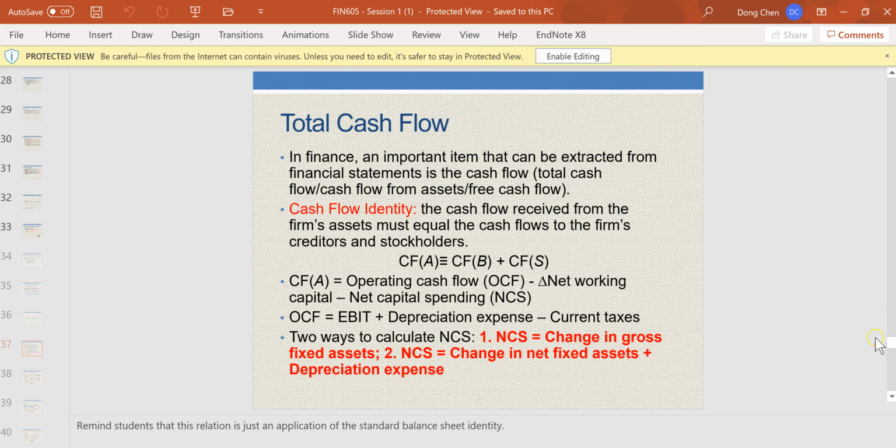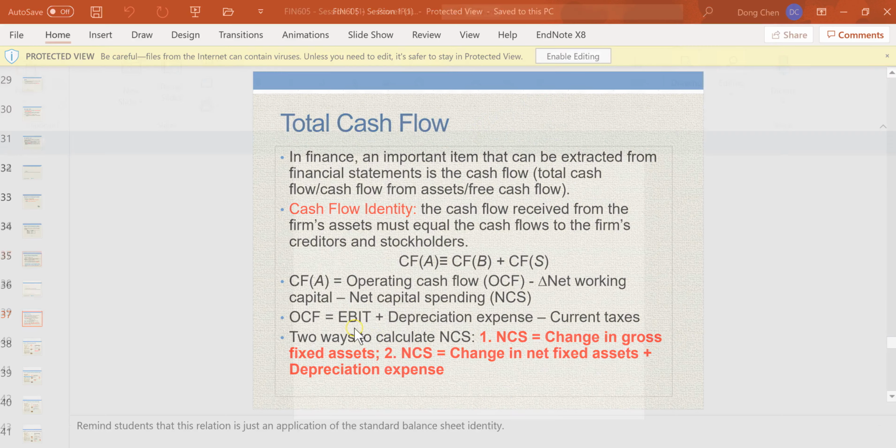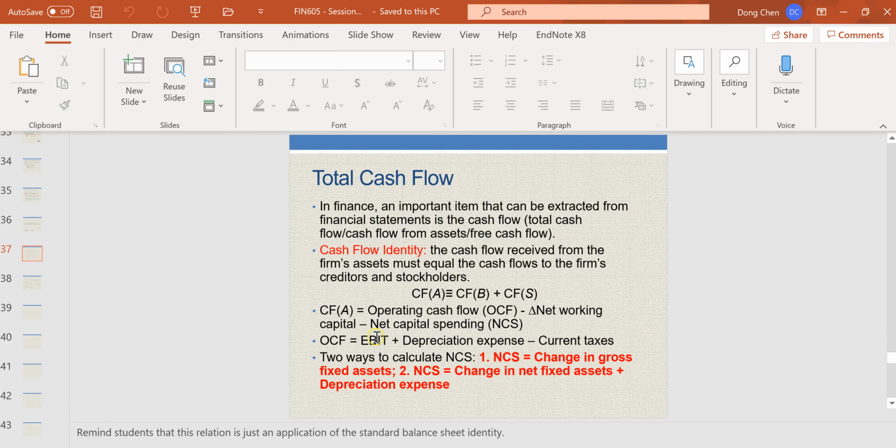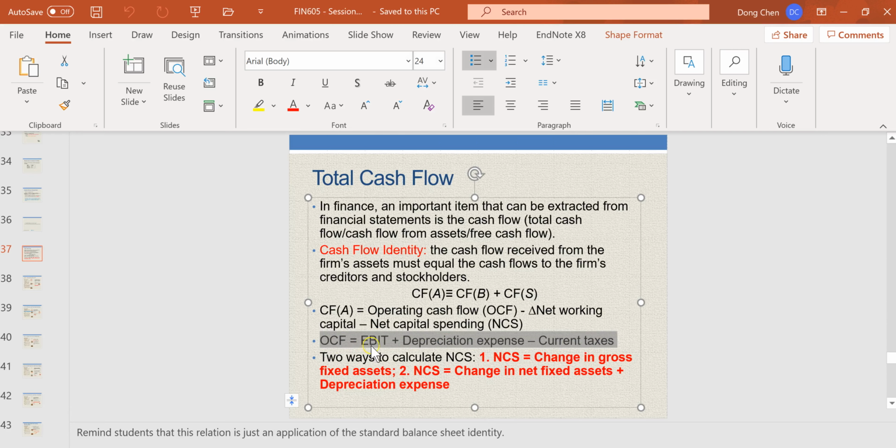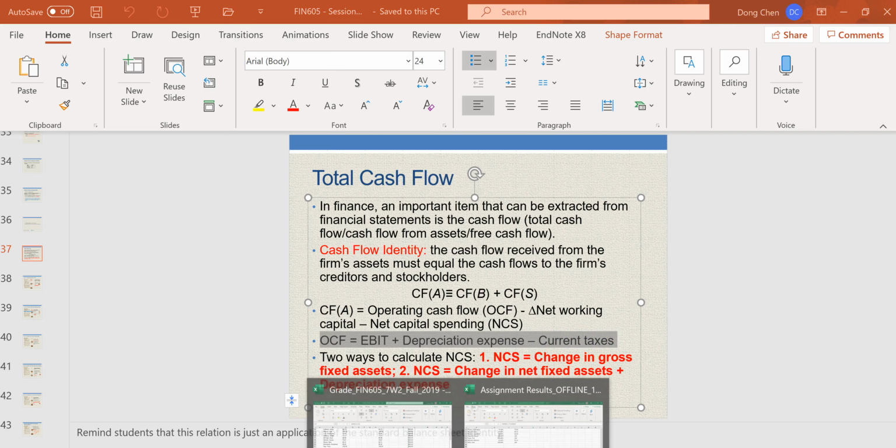It's basically we start from, so it's right here, we start from EBIT. See, operating cash flow equals EBIT plus depreciation expense minus current taxes. So then if we know that,